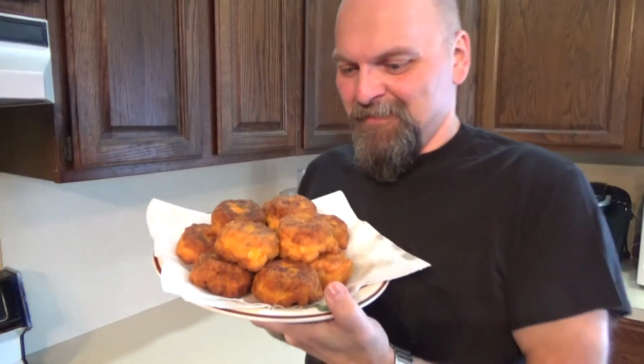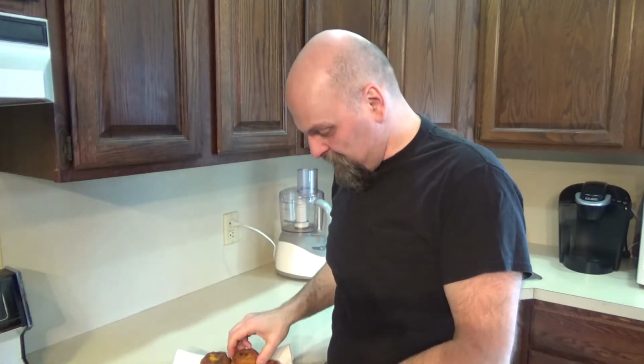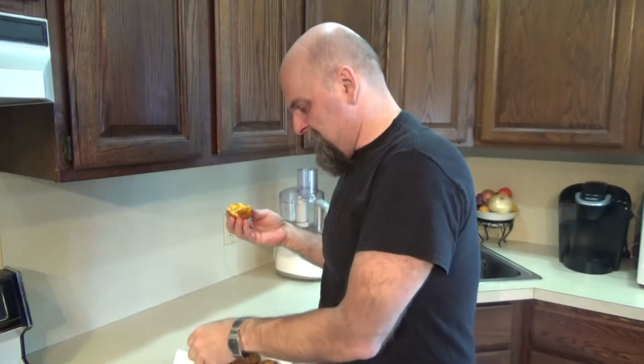There they are. Fried mac and cheese, but crusted with cheese doodles to make them extra cheesier, we hope. So let's take one and let's see what we got here. Oh yeah, look, steaming hot mac and cheese. Probably should have used the plate and the fork, but